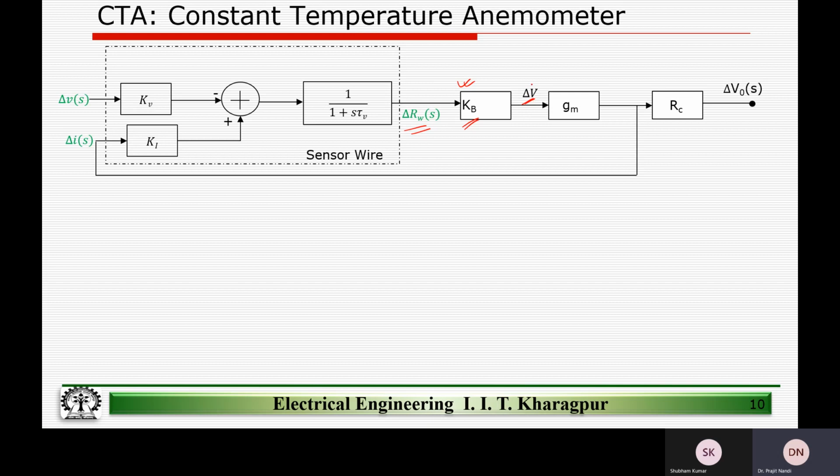And where does the delta V go? The delta V goes as an input to the transconductance amplifier which we had, right? And that transconductance amplifier controls the current flowing into the sensor wire, right? So how we are modeling this part is understandable, right? And what we do is that same current, the same current